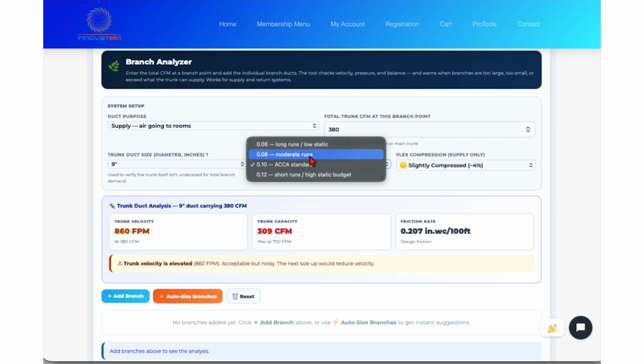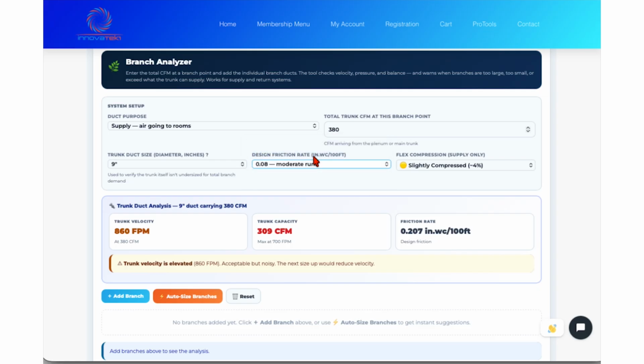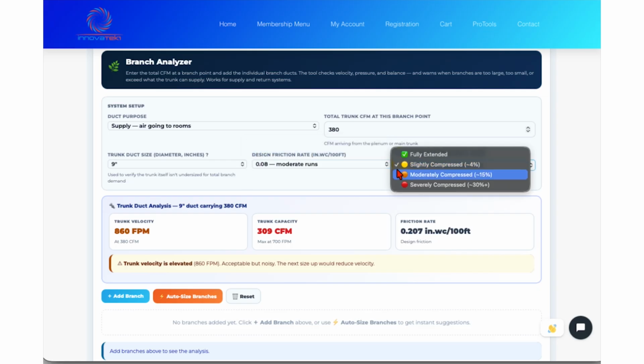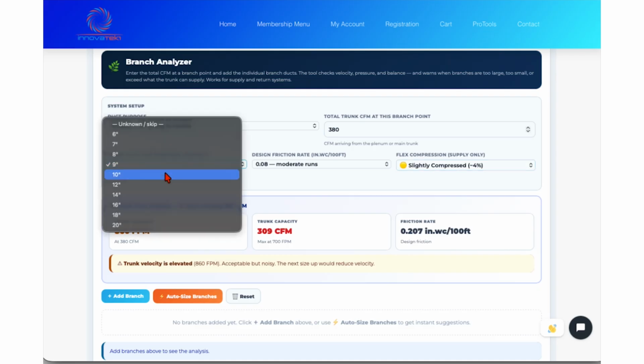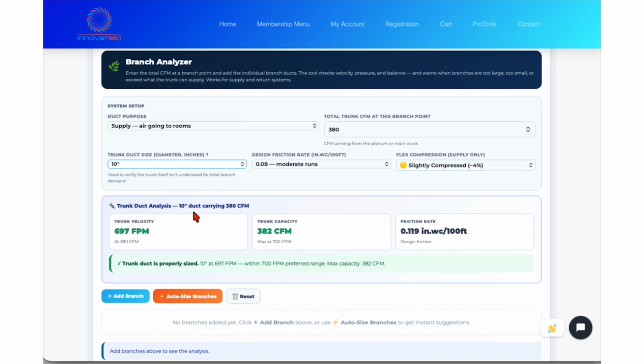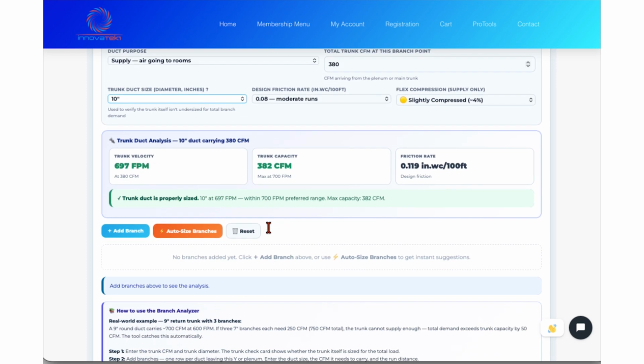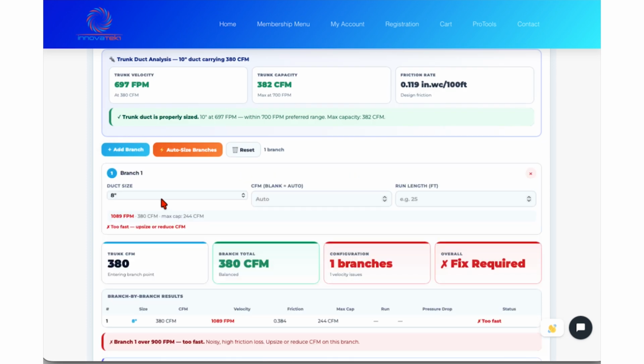I'm going to use 0.08. It's slightly compressed at my 4%. So what if I tell it, okay, I'll go with a 10. Your 10 says, okay, velocity drops, capacity 382, so you're good. Now add your branches. So I'm going to drop, for example, an 8-inch duct, and the intention is to provide